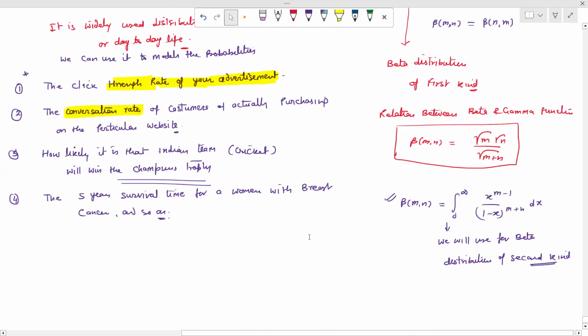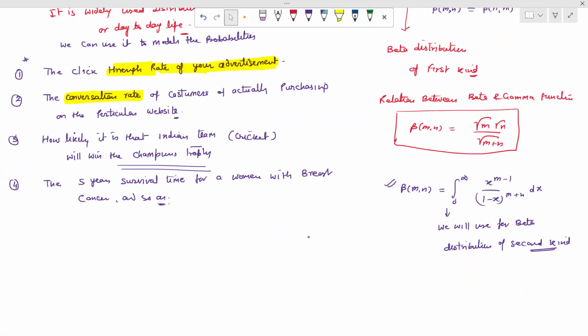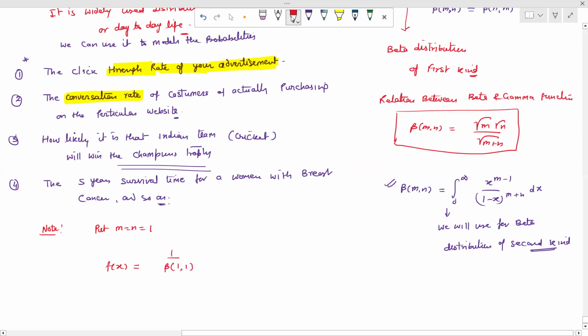Now, when we take two parameters, that means m and n, so when we put m and n equal to 1, so we remember or we write down the note, so put m is equal to n is equal to 1. So what is the value of f(x)? So then f(x) gives us 1 upon beta(1,1), and this PDF having